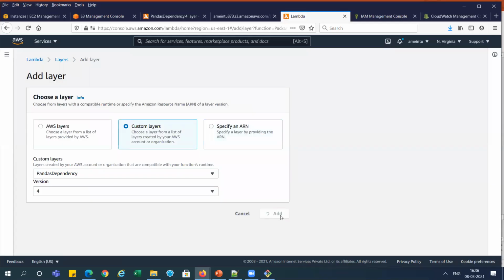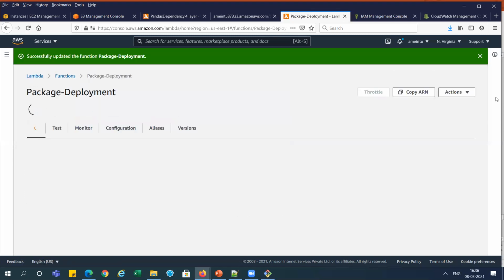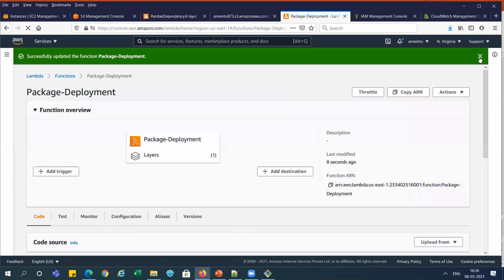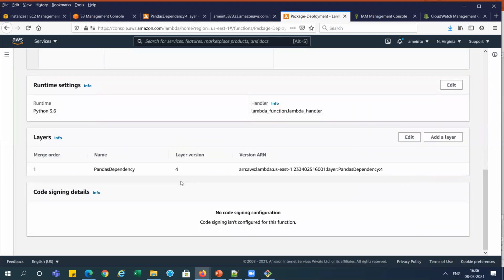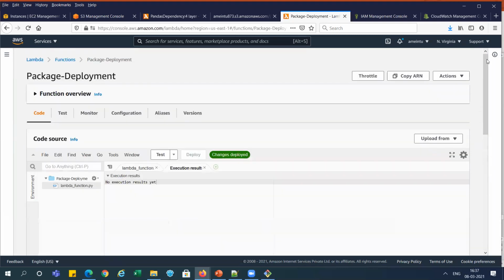Now I am adding it. When I add it, it will show the layer number 1 here, and you click on the layer, it will show 4 layer, which is Panda dependency, right? So we have configured those things, right?